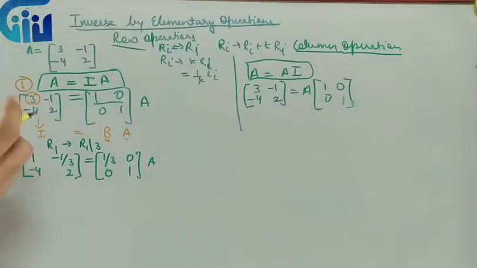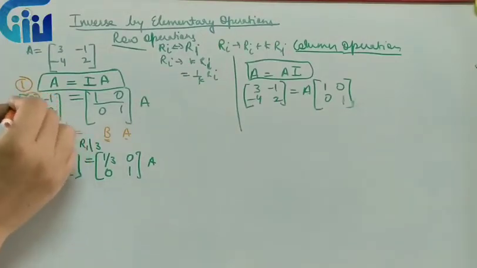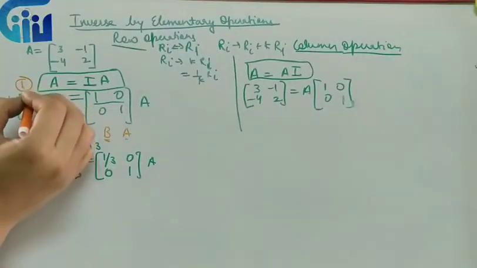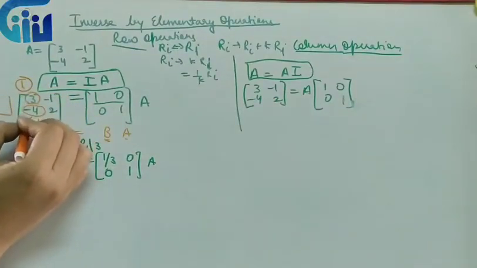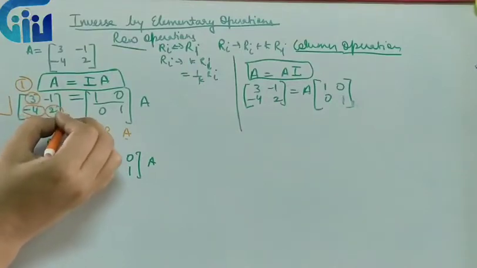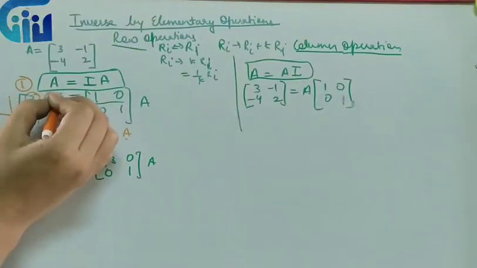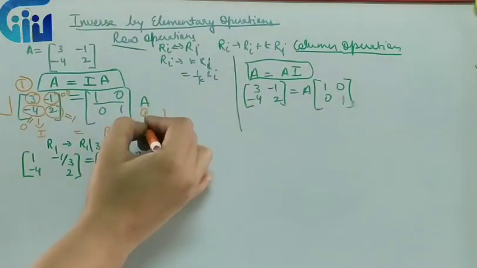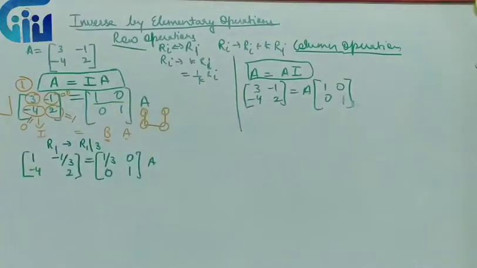Now to make it identity, this should be 1, this should be 0, this should be 1 and this should be 0. So we will always move in U like this. It means I will make first element 1, then I will make second element 0, then I will make third element 1 and then I will make fourth element 0. Always we will move in this way. First this, then this, then this, then this. Whenever we are doing row operations, everybody has to remember it clearly.